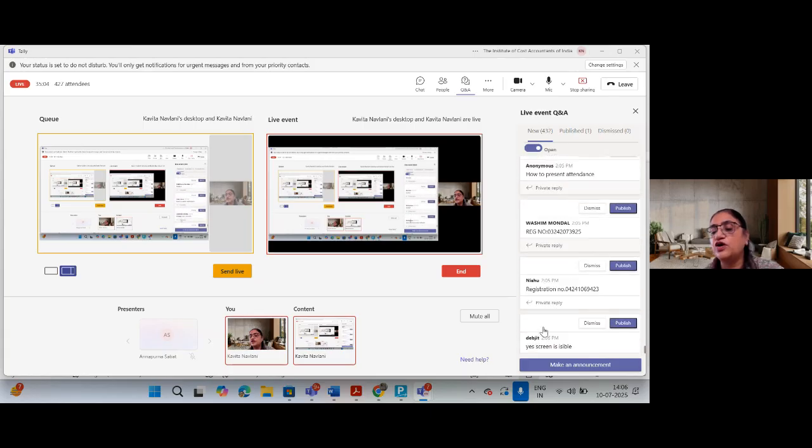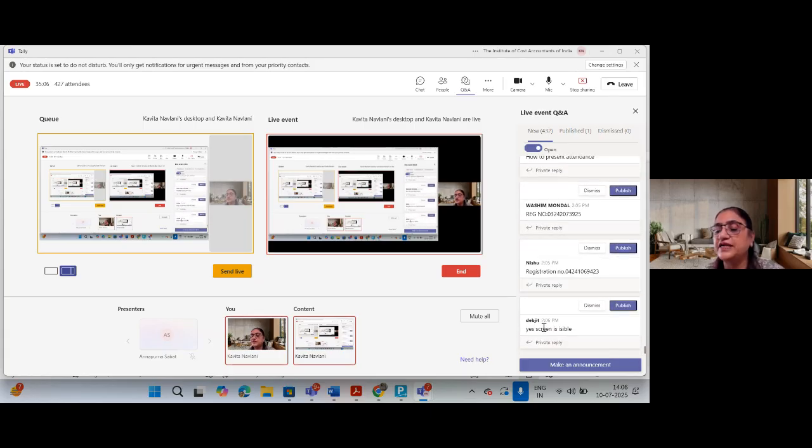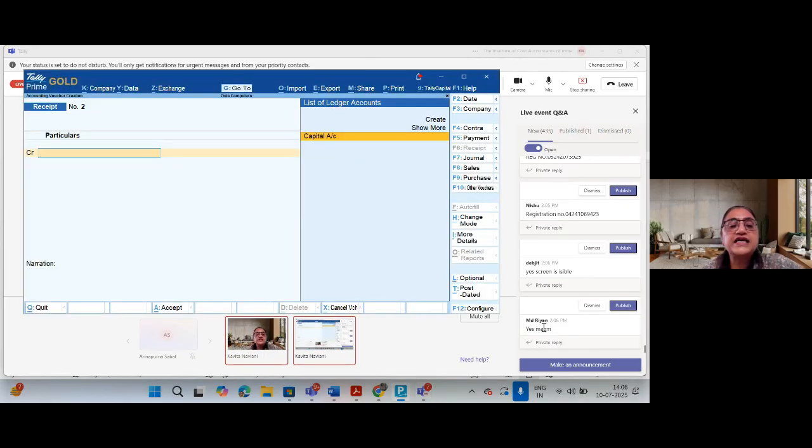No, general entry will not be there. Only in the case of adjustment entry, general entries should be there. Is it clear? I passed one entry, that is cash to capital. Is it clear? Okay. Now, the second